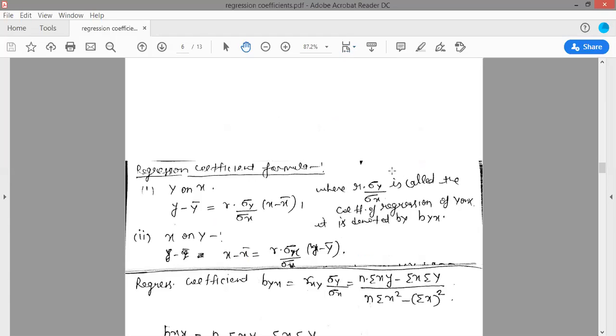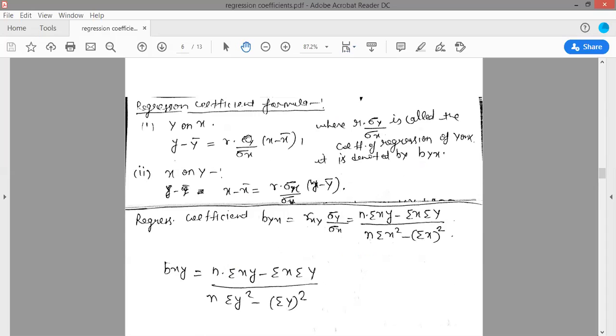So we know that there are two regression lines that are linear lines. The first one was y on x and the second one was x on y line, right? I have already discussed the regression lines y on x and x on y by the method of least squares. Suppose in your question the method is not given, only that you have to find two regression lines and data is given, then you can also find your regression line by this method.